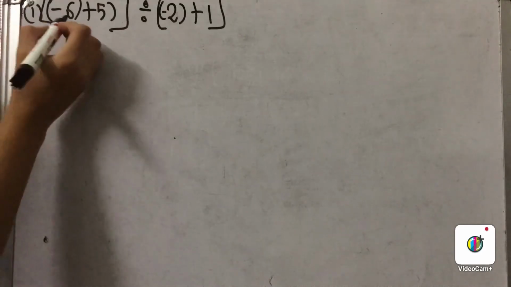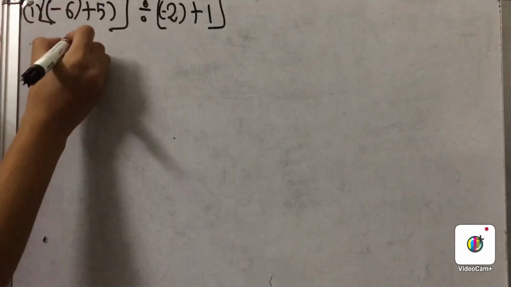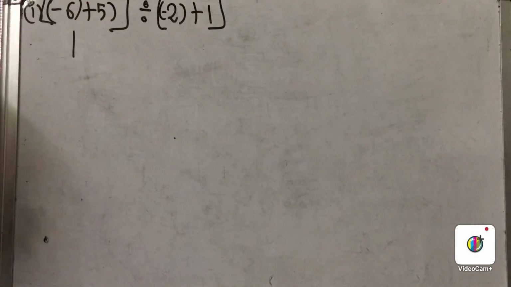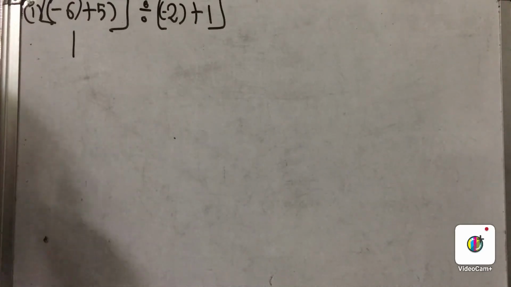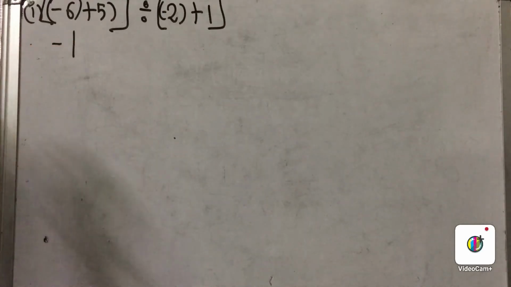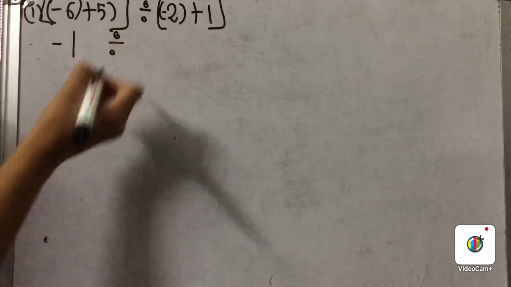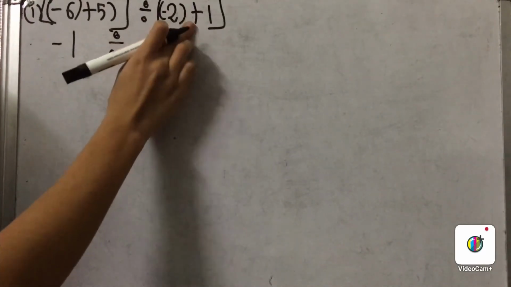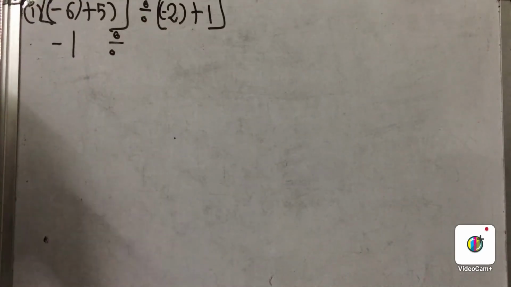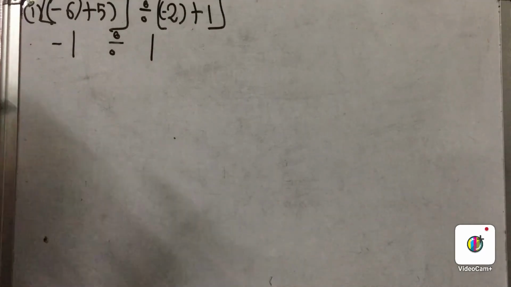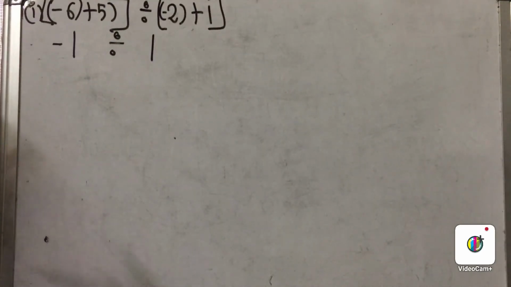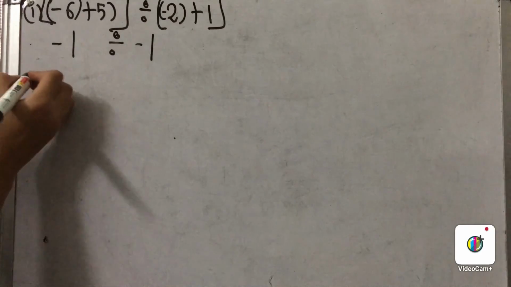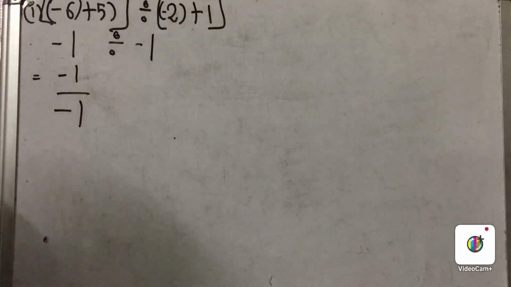Plus minus minus. So what is 6 minus 5? 6 minus 5 is 1. And what will be the sign, plus or minus? Which one is bigger, 6 or 5? 6 is bigger, and the sign in front of 6 is minus. So this will be minus 1 divided from, let us solve this bracket out. So this will be plus minus minus. 2 minus 1 is 1. So here we will write 1, and which sign will come in front of it? Which one is bigger, 2 or 1? 2 is bigger, and the sign in front of 2 is minus. So this will be minus 1. Now let us divide minus 1 from minus 1.